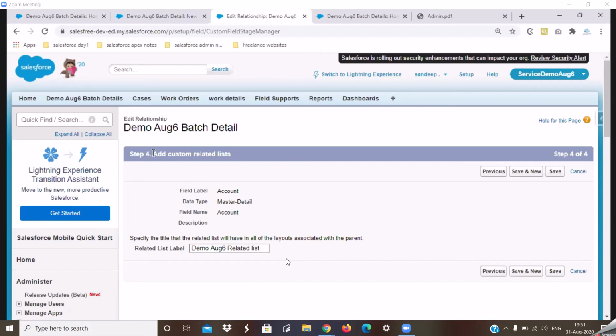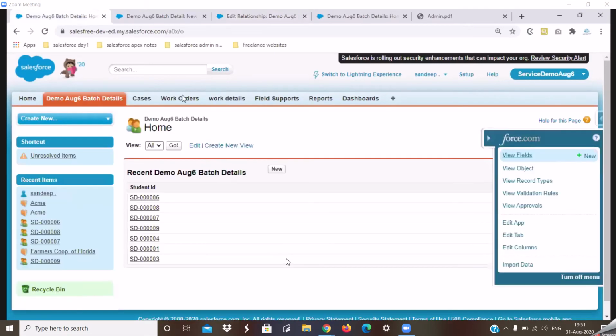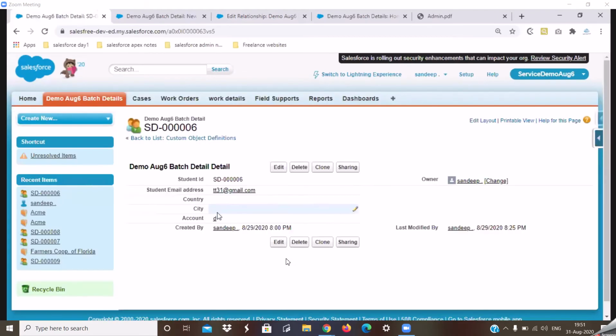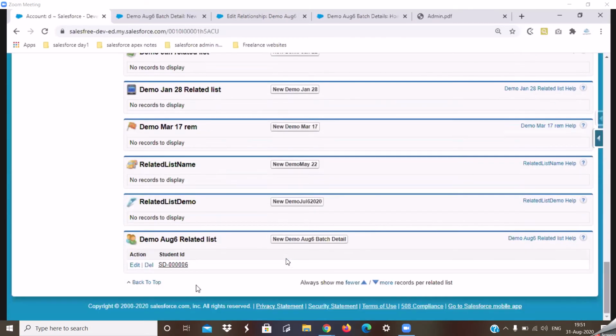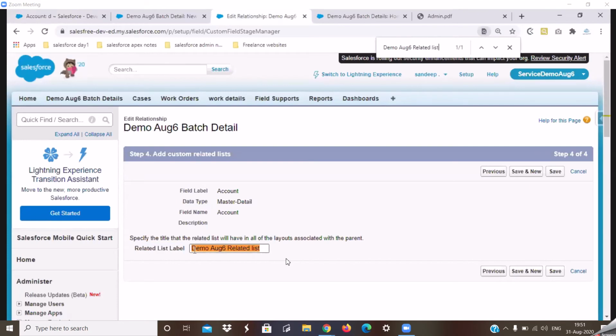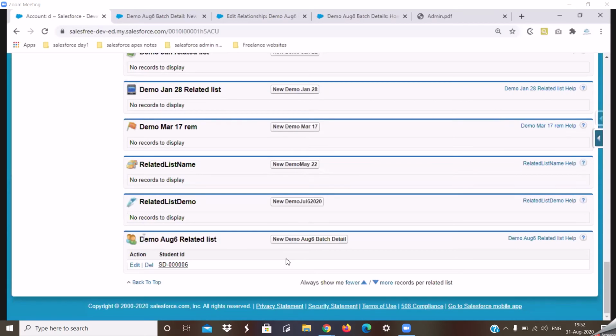All right. So this fourth point is basically talking about what is the name that you want to give to your related list. All right. So it is asking me what would be the name that you want to give to the related list that comes up on your account, is what it is asking. If I go to any of the records, we have already seen this part, but I'll just show you where exactly this will go. If I scroll down, this is the related list that we have created. All right. So this name is basically set from our field creation, which is similar to this one. So this name that I'm giving here is basically reflecting in this related list section name. All right. So if you want to change this name, this is the place where you can edit that.